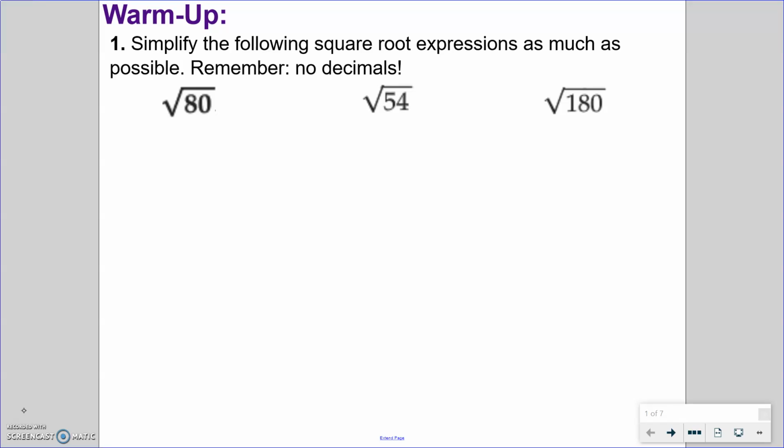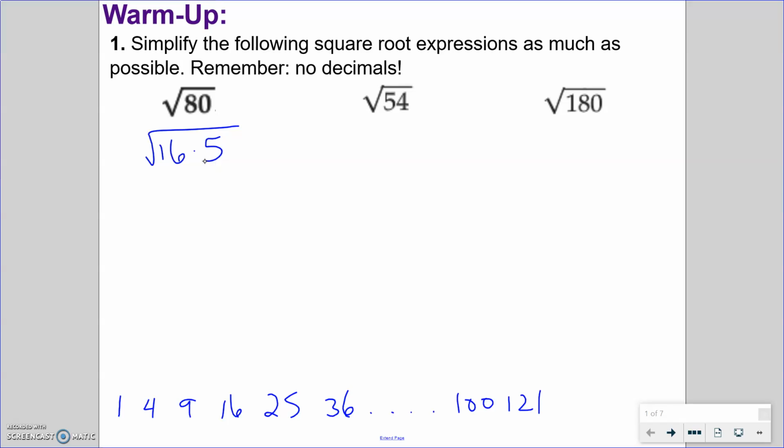All right, so my perfect squares are 1, which doesn't really count when you're simplifying, right? 4, 9, 16, 25, 36, and so on, all the way up to 100, 121 and so on. Okay, so for square root of 80, I believe I want to divide that by 4, but then I get 20, so I feel like there's something bigger. So maybe divide by 16. That works. So I can split this up into 16 times 5, and the square root of 16 is 4. So the 16 can be pulled out and turned into a 4. We don't know what the square root of 5 is really nicely, so we just leave it